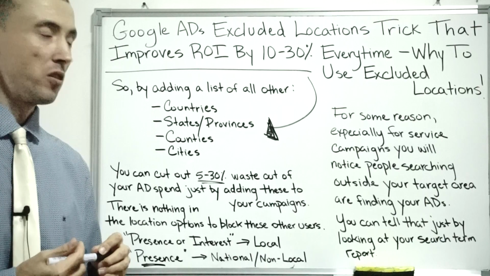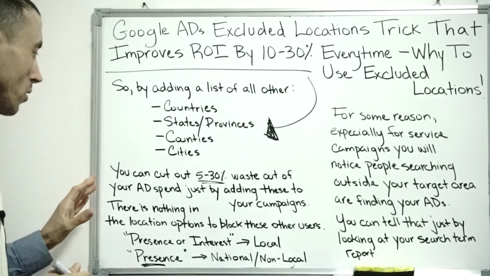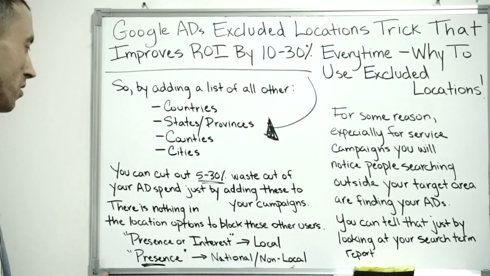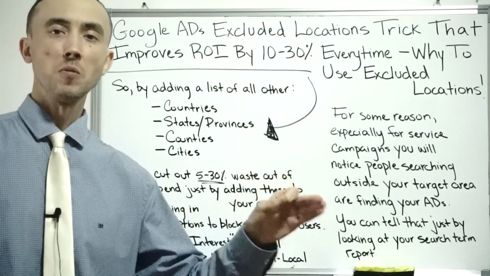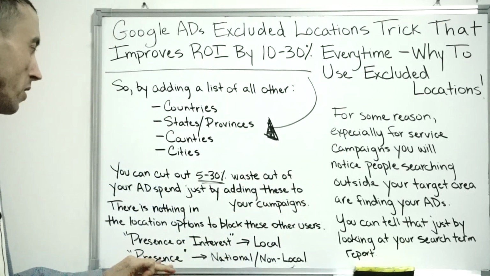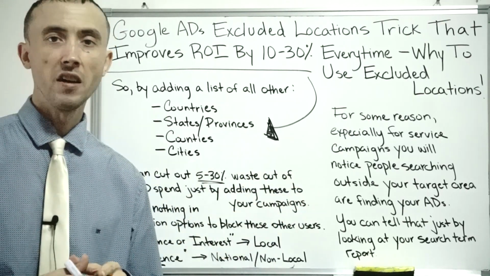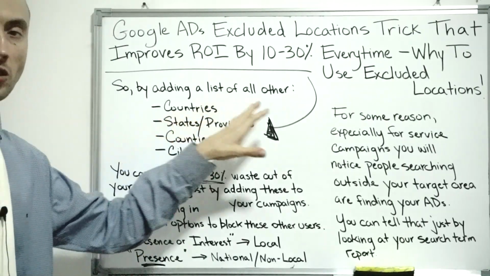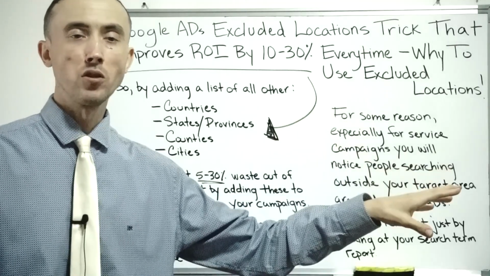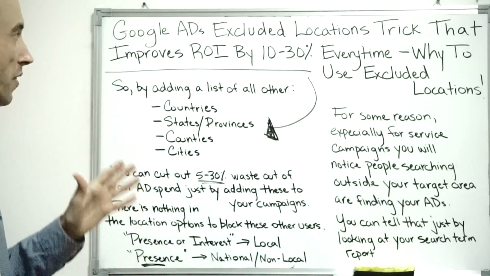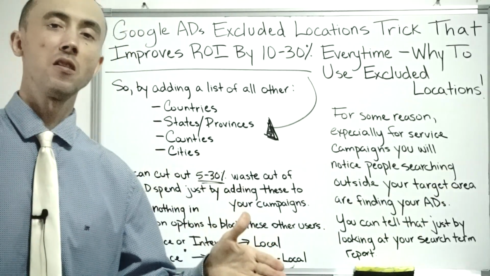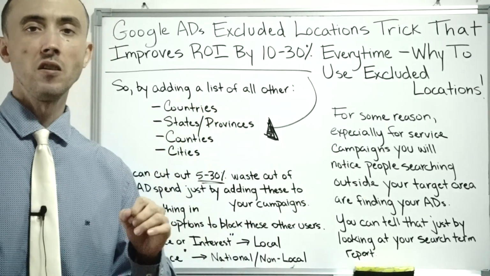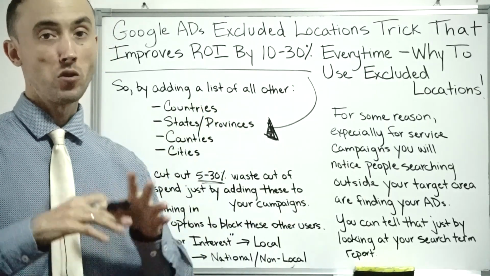But so, for local-based businesses, presence or interest seems to produce a little bit better than presence only. And with that, excluded locations, you want to add those to your campaigns every time. So that's how you can save 10 to 30% typically on wasted ad spend on your Google Ads account